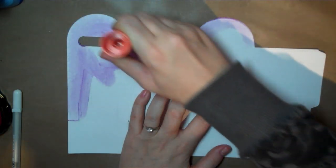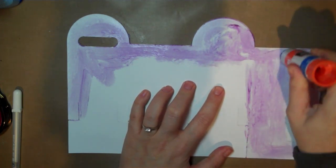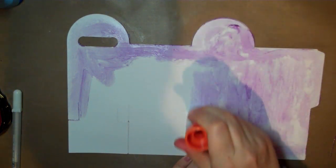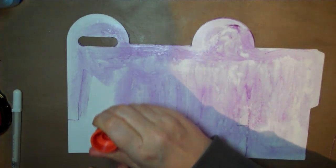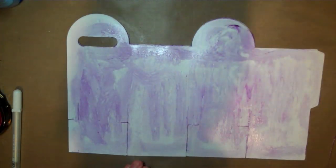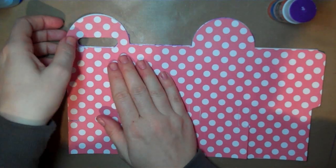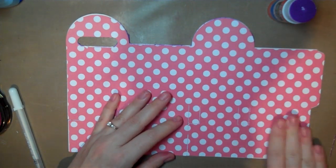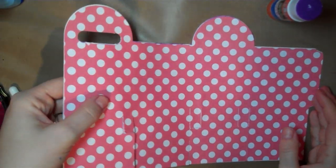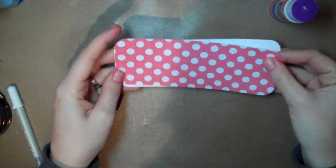So I'm going to just go ahead and do the same thing here. And again, line everything up so that everything lines up perfectly. Like so. Okay, so then I'm just going to let that dry, and then we'll come back and do the scoring. So while I'm waiting for the other piece to dry, I thought I would go ahead and do the